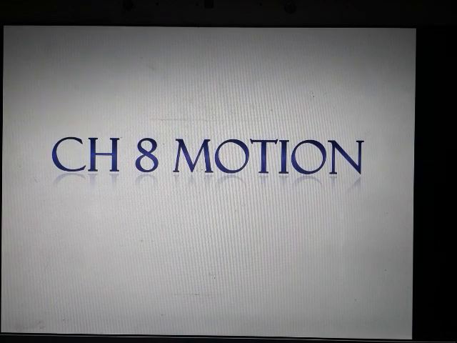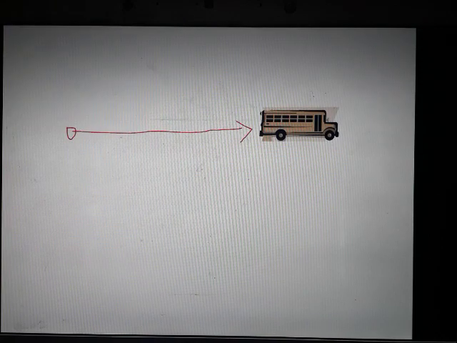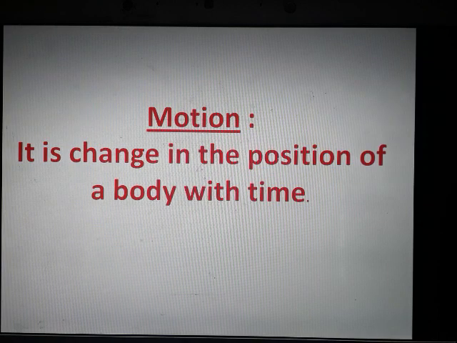What is motion? This I will try to explain to you with an example. Let's say a bus is standing over here. After some time, when you see this bus, it moves to a new position. Let's say here. That means from this initial position, this bus has moved to this position. So we can say this bus is changing position with time. That means it is moving. So when a body or an object is moving with respect to time, it is said to be in motion. A very simple definition of motion: